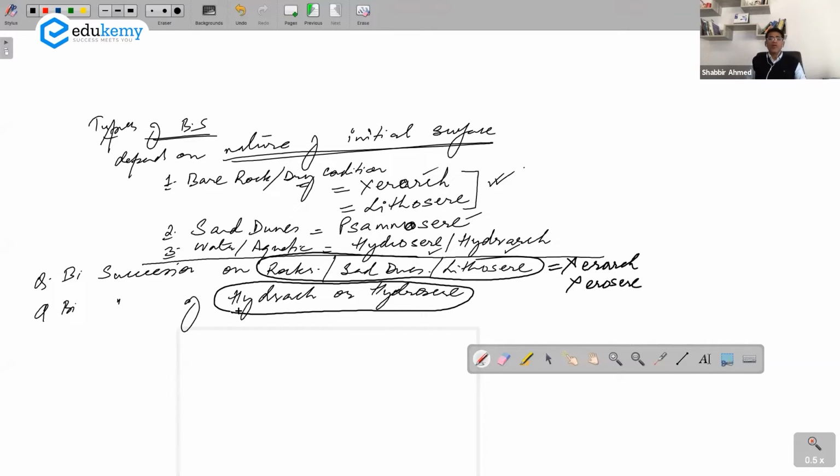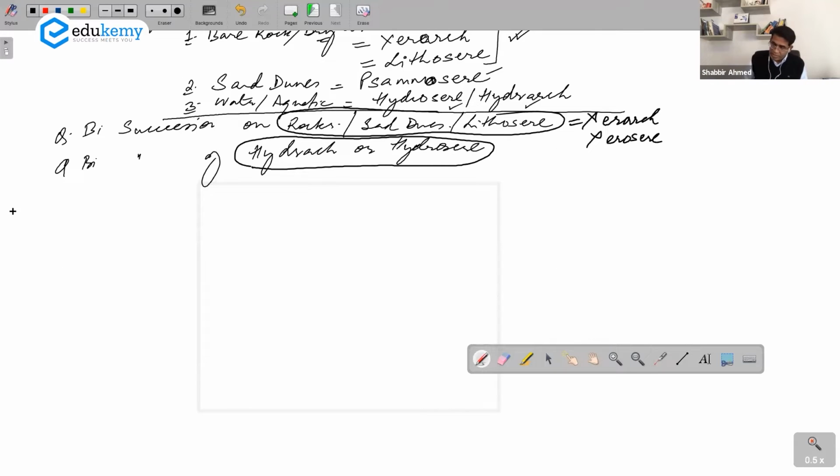All of these things are very specialized studies. If we go into that much specialization, there's no chance you can finish off the rest. So quickly, whatever we can do, we'll try doing it, but let's not get into every detail, or you'll only compromise your chances. Hydrarch and hydrosphere are different, but we will take them to be the same. So for hydrarch, hydrosphere, lithosere, we'll write just one. And I'll teach you about the hydrosphere also.